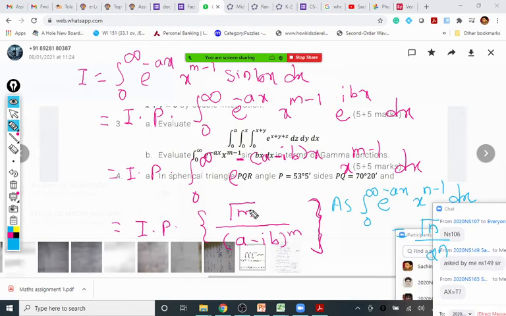There is one way to rationalize, but it becomes difficult. Here is the use of one of the theorems you are going to learn in complex numbers, De Moivre's theorem. You will learn it in detail; at least 2-3 sessions we are going to discuss only De Moivre's theorem. De Moivre's theorem mainly deals with the power of a complex number. Whenever we come across a power of a complex number, we can simplify it with the help of De Moivre's theorem.